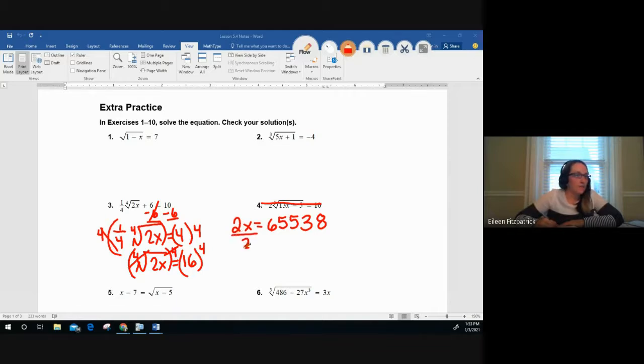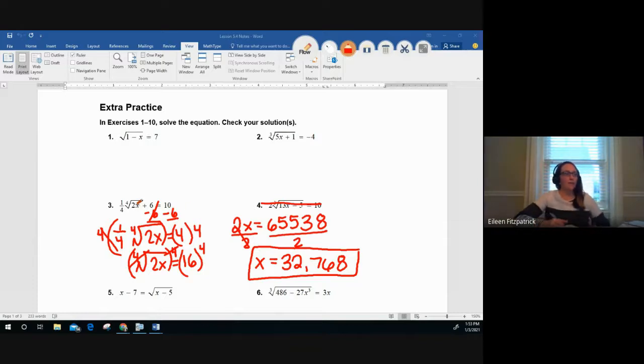And finally, divide both sides by 2. All right, so dividing both sides by 2 leaves you with x is equal to 32,768. All right, now when you check, what you're really doing is just making sure that if it is a fourth root, when I plug this value in and I multiply by 2, you really just want to make sure that it's going to give you an even